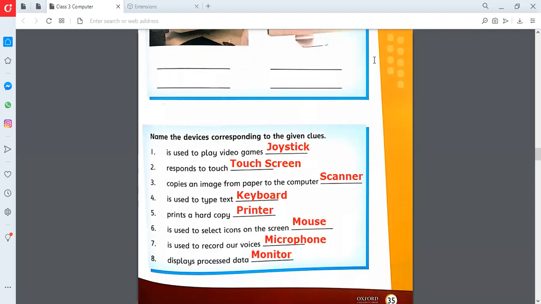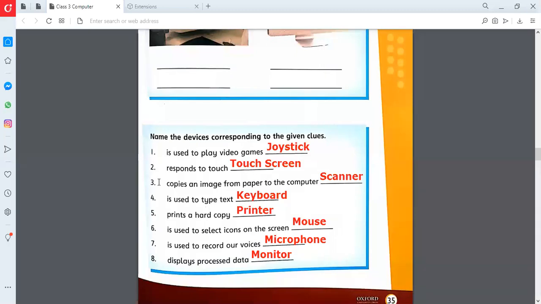So Roshan, if you are done writing it, then that's great. I will also upload these answers in the class light after the class. If you missed it in the class, you can write it from there, but if you write it here, that's great. Okay, so the page number 35 ends.